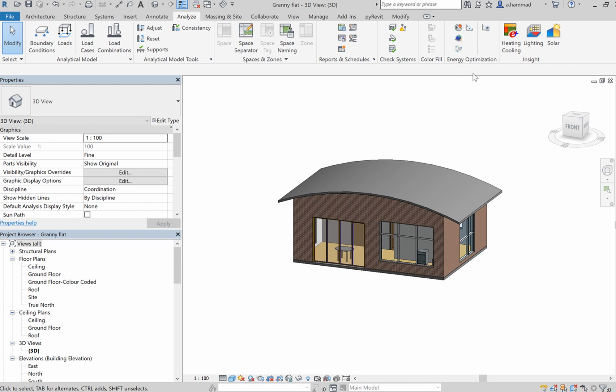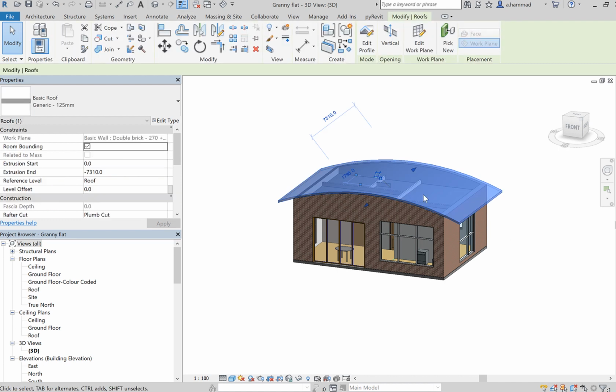Now the first thing, before we even look at the energy optimization tools that are available in Revit, what we have to make sure of is that we have the model well prepared for an energy analysis. And the way to do that is we've got to look at our roofs, and we've got to look at our walls, and also our windows. So starting off with our roofs, if you select your roof and go to edit type,